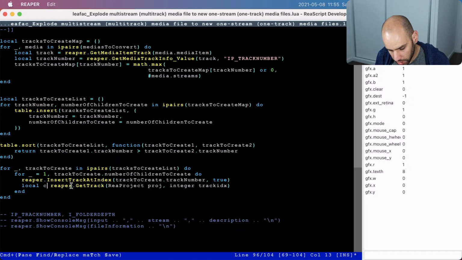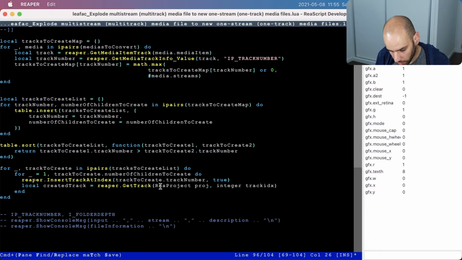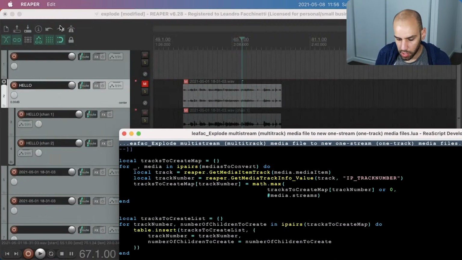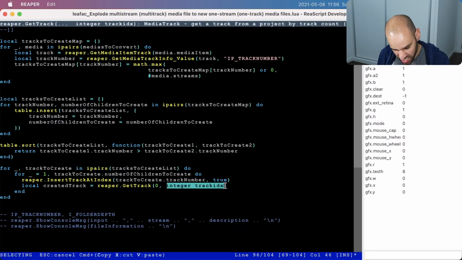So this is going to be the created track. The Reaper project is 0. That's the current project. You could have multiple tabs in Reaper with multiple projects open, and we could write an action that would act on all the different projects, but in this case our action is acting only on the currently opened project. And then the track index, we have to be smart about this. I am pretty sure that this is 0 based. So we want the track to create dot